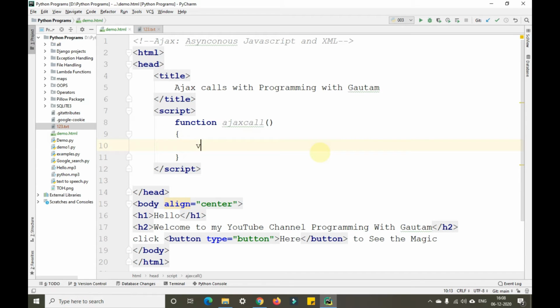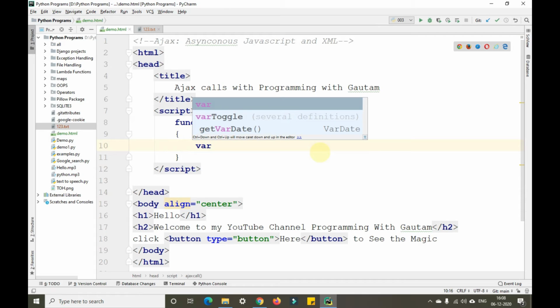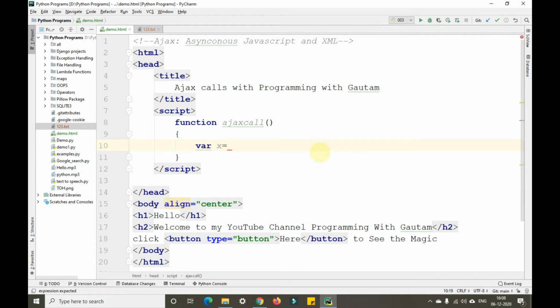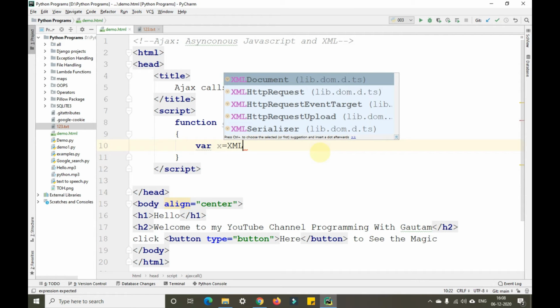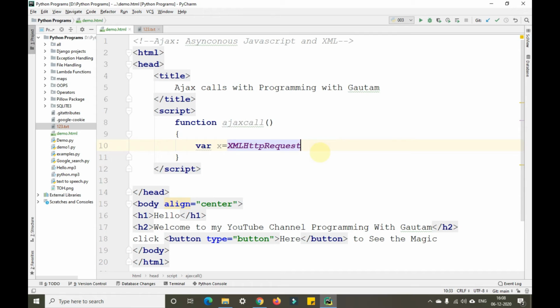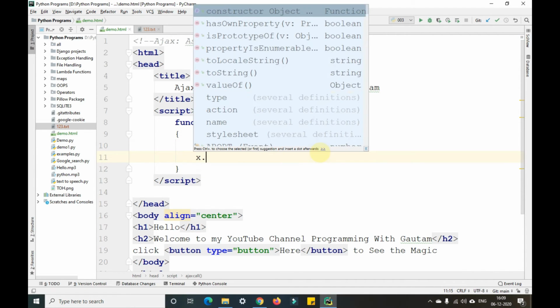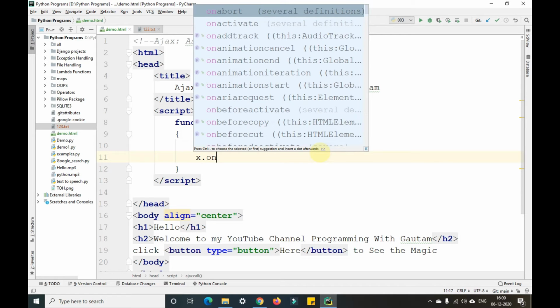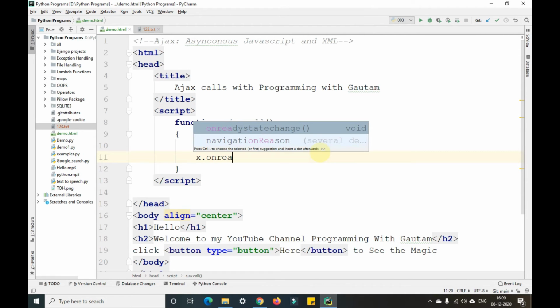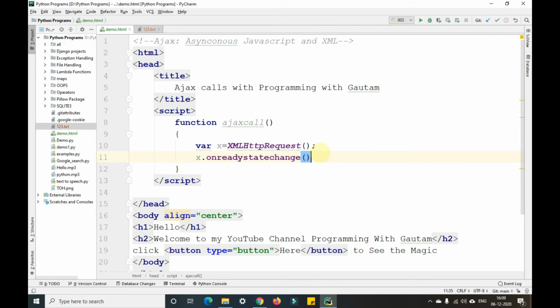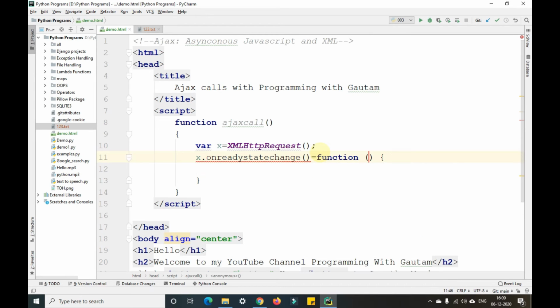So I'm taking a variable called x here equals to new XMLHttpRequest, and we are opening and closing the brackets here with a semicolon. Okay. After that, x dot onreadystatechange equals to function.